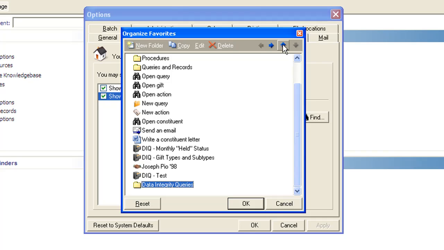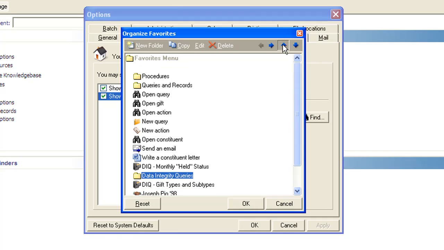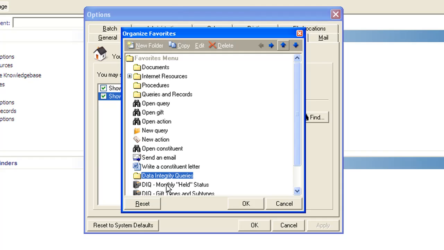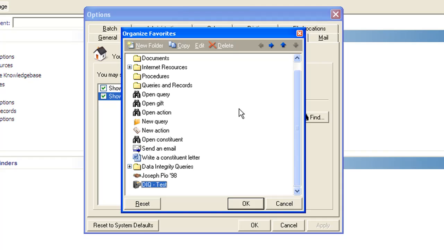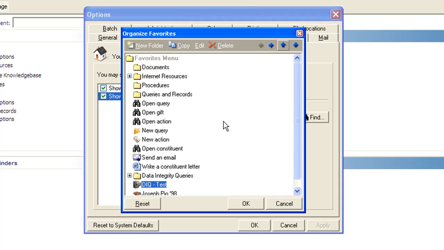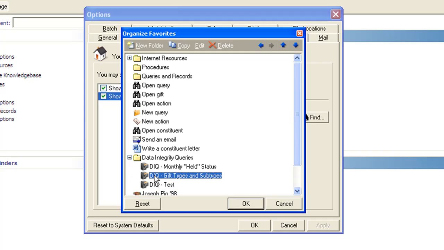So I'm going to move this up. And I'm going to move this one into the data integrity query folder. I'm going to move this one into the data integrity query folder as well. Then I take this data integrity query test and move this into the folder as well. So now we see that all 3 are in this folder, so that when we hit OK,